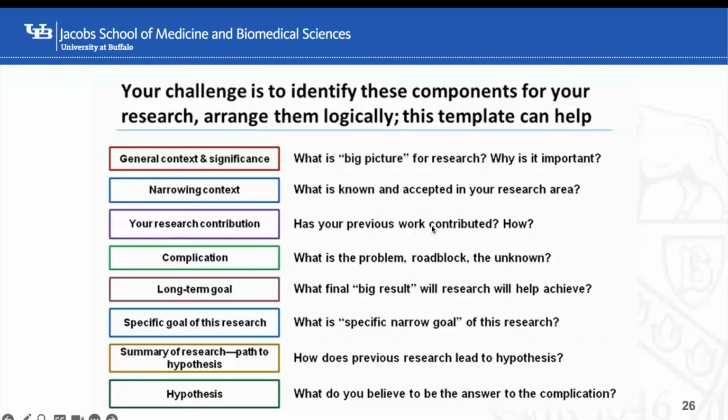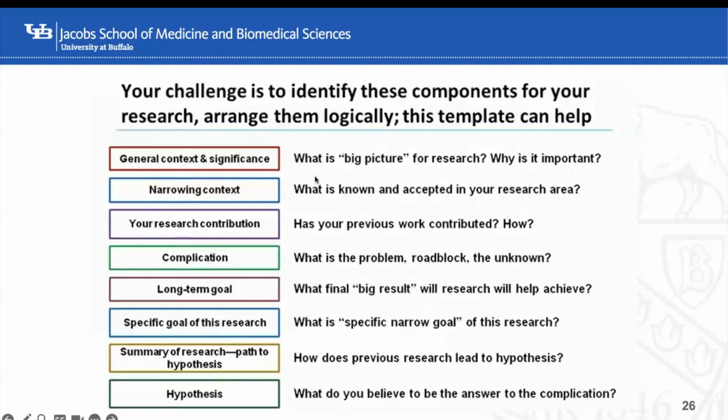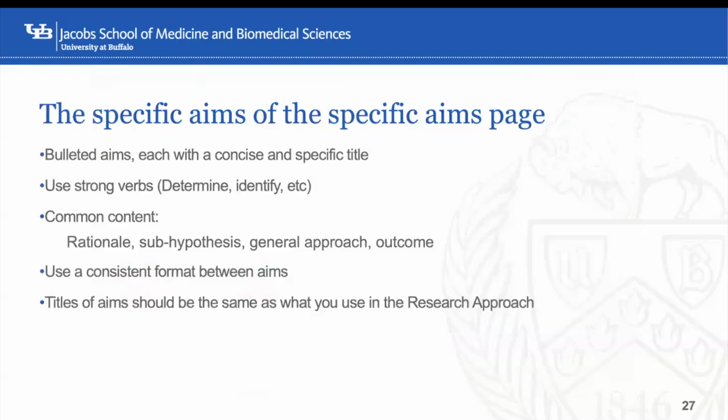How you put them together is going to be up to you, and it should be guided by what's the easiest thing to read and to convey what you're trying to say. So after those one or two paragraphs that convey all of this, and again, that's a heavy task, I just want to acknowledge that this is not easily done, you list your aims. We will achieve this by the following aims, aim 1, 2, and 3.